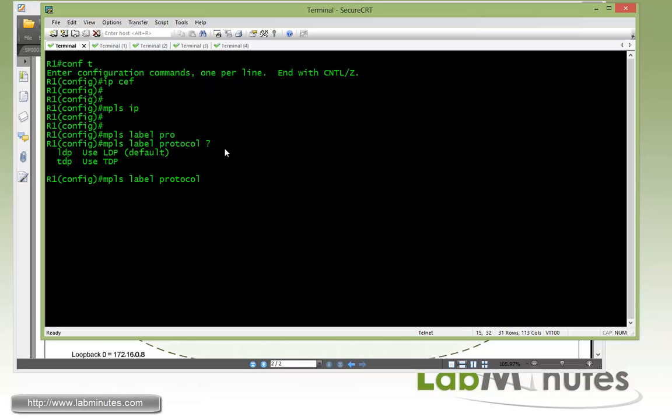TDP, which is the predecessor of LDP, was Cisco proprietary, and now LDP has become a standard. So here we use LDP, but as you can see in parentheses, it's the default anyway, so that command is actually not necessary. And then in order to specify the source of a loopback, we use the command mpls ldp router-id